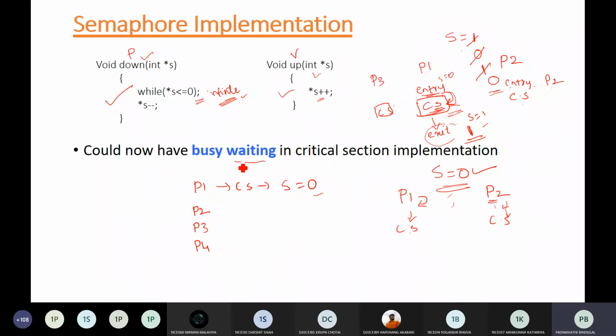If you remember, busy waiting means you are just wasting resources: processor resources and CPU cycles are being wasted. If you implement scenarios with this logic, most of the processes will go to the busy waiting state.